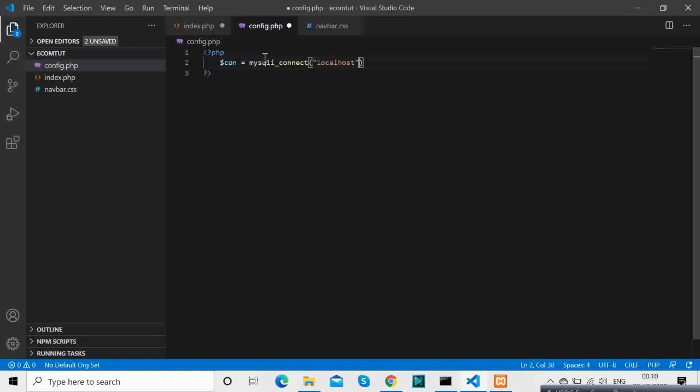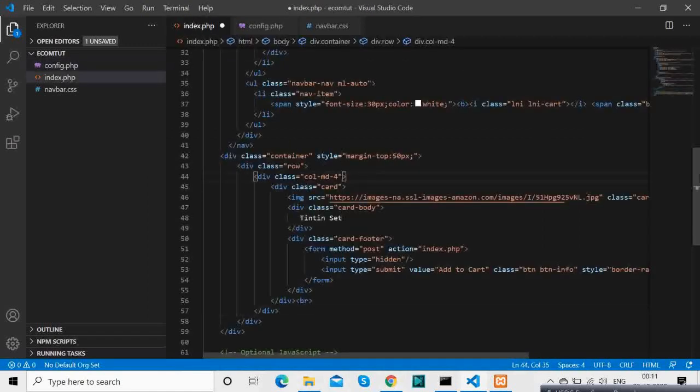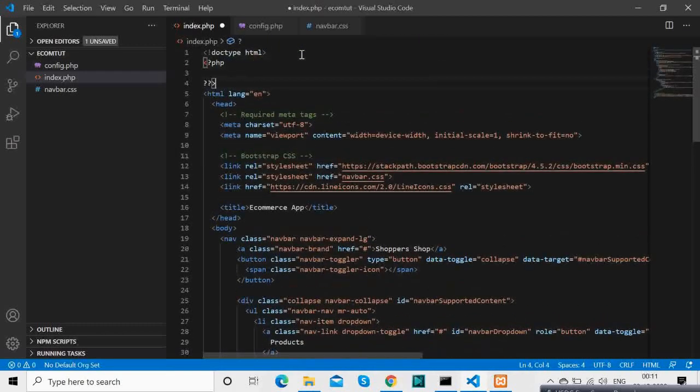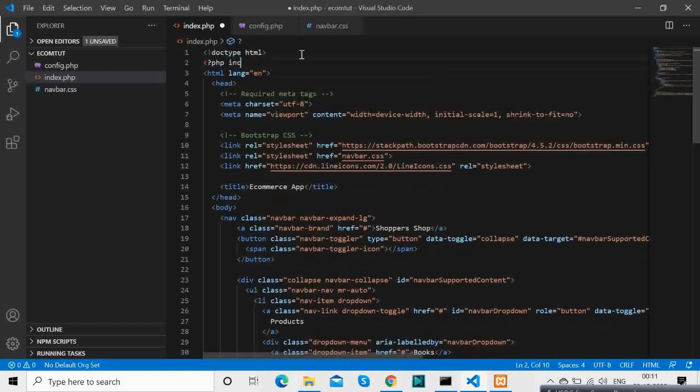Once you go to the server, you have to change this in order to deploy. First of all, we'll be including that config.php file, and then we will be using that in our scripts.